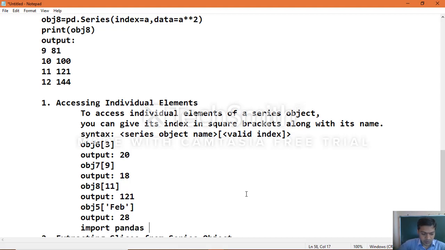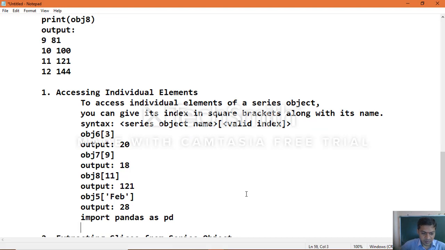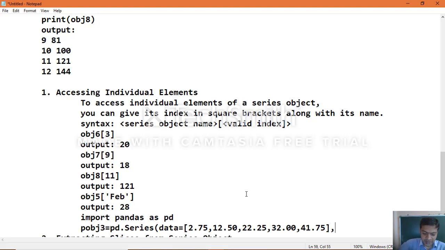Import pandas as pd. obj3 equal to pd dot Series of data equal to 2.75, 12.50, 22.25, 32.00, 41.75, index equal to a, b, c.